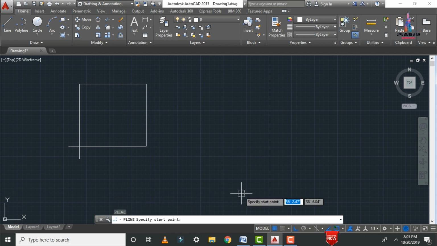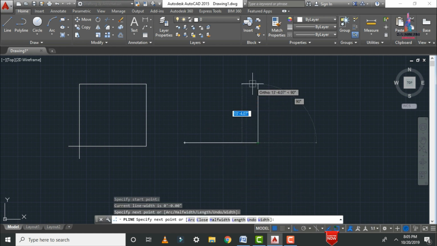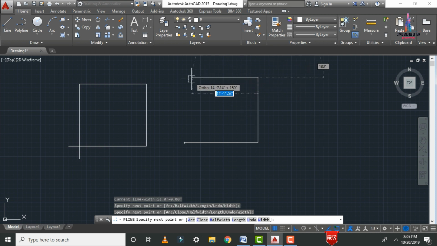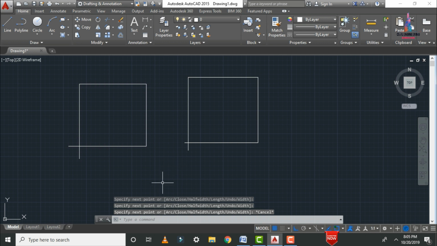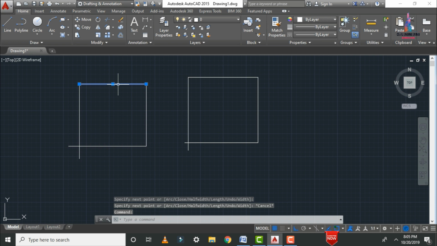Now click on the polyline command. I will draw the same box as per the rough dimensions. Let us consider the point, again the next point, and again the next point. Okay, if you want to select any one side of the box, let us consider this line. Click on this line. If you select this line, it will only select the upper portion of the line. Again, if you want to select this box, this line, you can select it, but it will select the whole object.